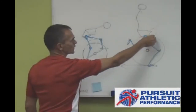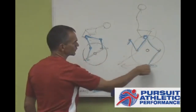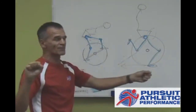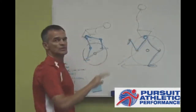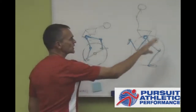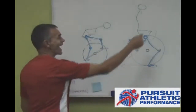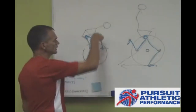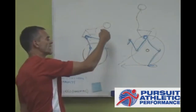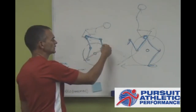And the more open the front of our hip is, the more flexibility and mobility we have in the hip, the longer the foot can stay in the ground, the more the calf posterior chain stretches, the faster the leg swings through. So that swing through is in reaction to force into the ground, not in action by the hip flexors. Similarly, in cycling, the more force we put into the pedal in the downward phase of the stroke,